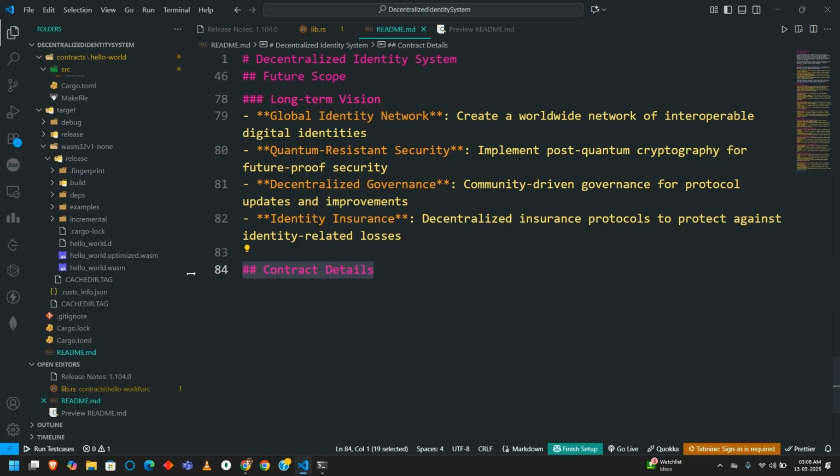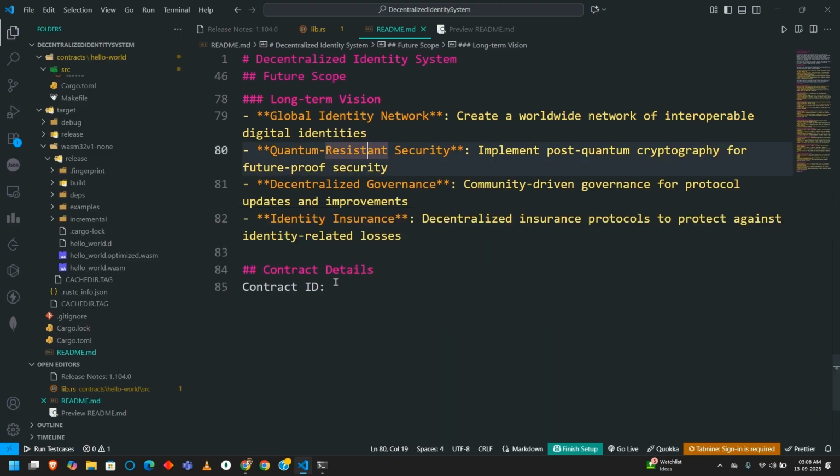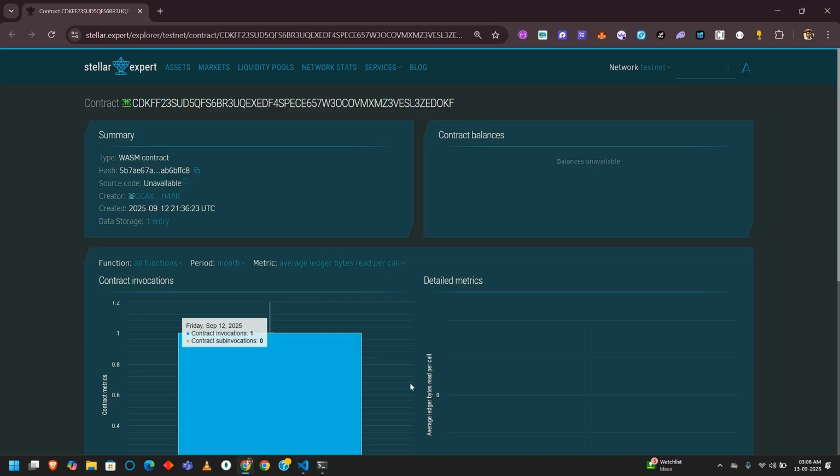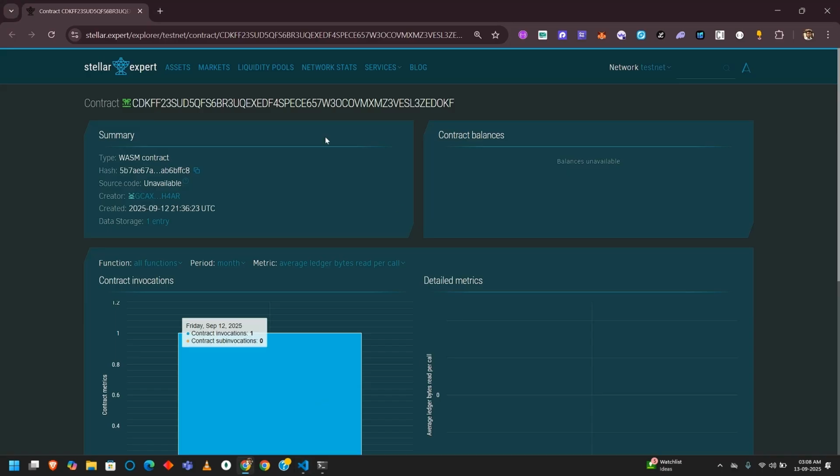You can type hashtag space contact details for it. Now click enter, and here you need to paste the contract ID. So this is your contract ID. You can select and press Control Shift C. Now paste it here. And if you remember, you opened this particular URL in your browser like this,